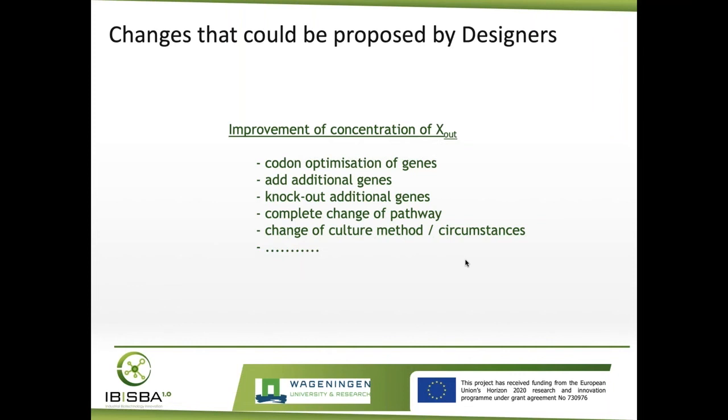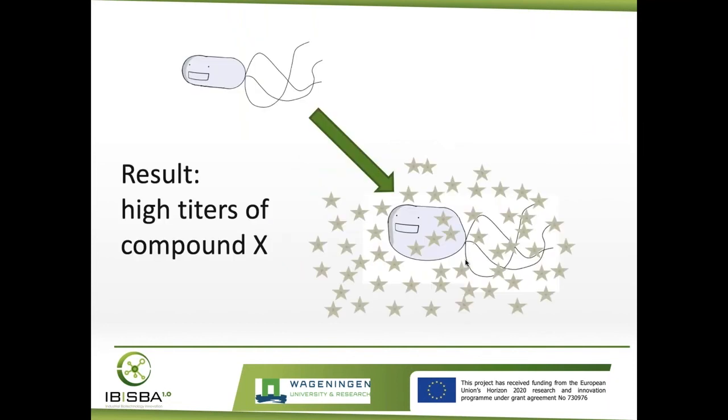So there will be a limit, a go, no-go point where one decides the process is sufficiently efficient and effective, and we want to proceed to an optimization and scaling up phase. So in the end, what one wants to have is a result with high titers of compound X, and we want to have only compound X and not compound X and another 10, as I mentioned before. So this is a summary of the build and test step